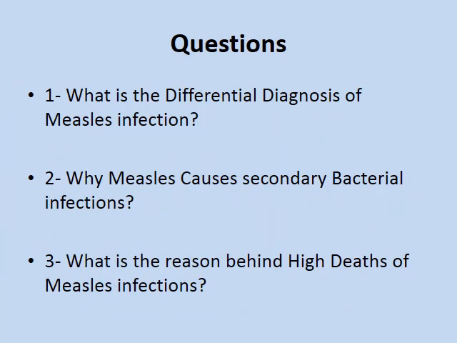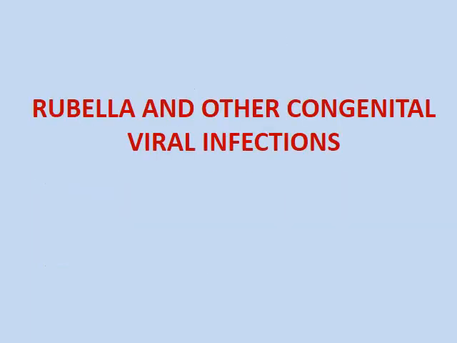These are the questions. The differential diagnosis of measles we find in lecture number 5, sorry, the one about parvovirus, fifth disease. We will look at these 5 diseases that are the differential diagnosis of measles infection. Why does measles cause secondary bacterial infection? What is the reason behind the high death rate of measles infection? Question 3's answer is all the complications of measles. This is all about